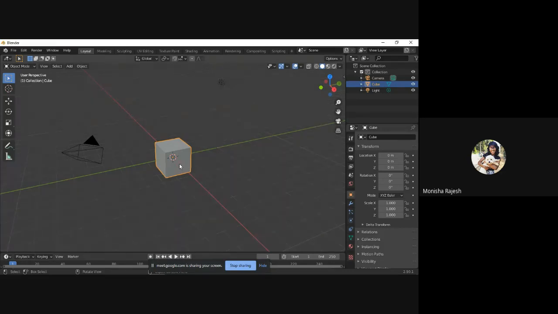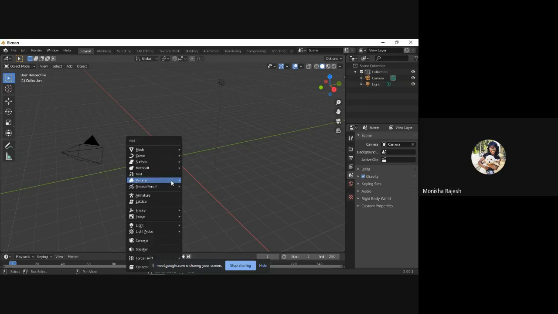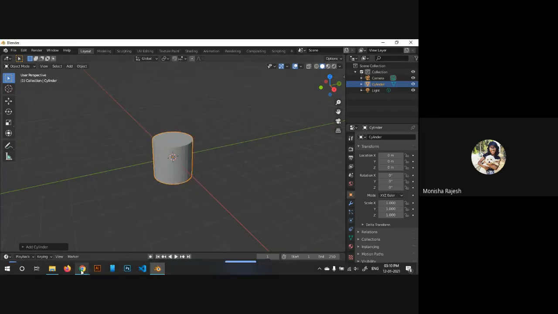You'll also be able to add other objects. For example, if you wanted to add something else like a cylinder, all you'll have to do is select the object and press delete. So it gets rid of the current object. And press Shift A. Go to mesh, and you can select whichever one you want here. For example, a cylinder. And it gives you a cylinder. So please try it out. Let me know if you have any trouble.